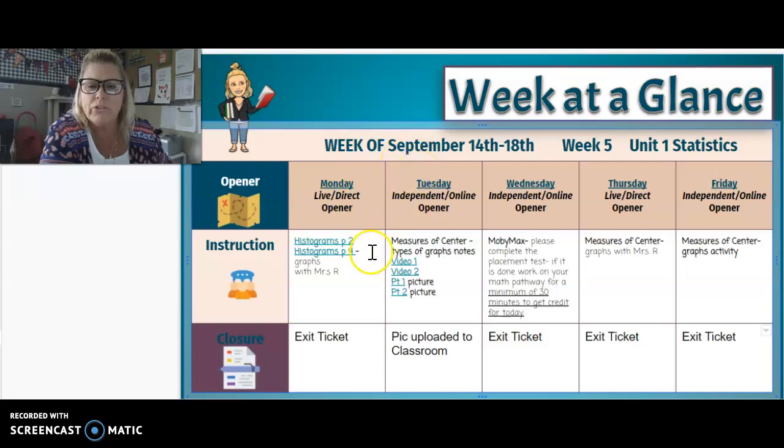On Tuesday, you are going to do some independent learning. You're going to actually learn about different types of graphs. I have 2 different videos and 2 different pictures of notes that you can use to help make your own notes. Make sure that you do the reflection part and add the questions to them. If you don't want to take the notes and want to print them off on your own, print those 2